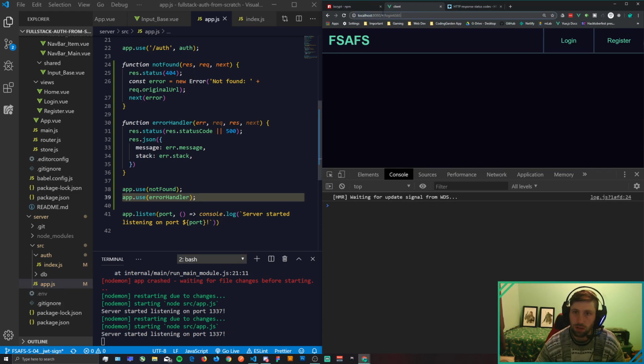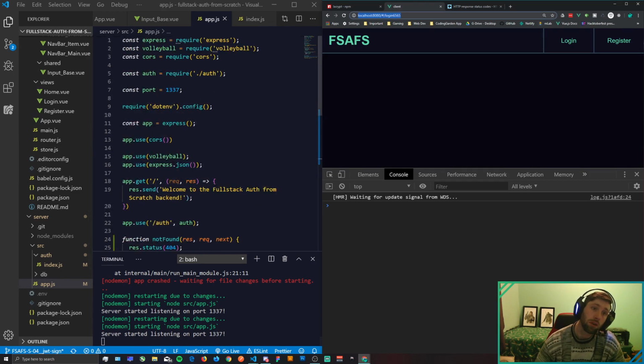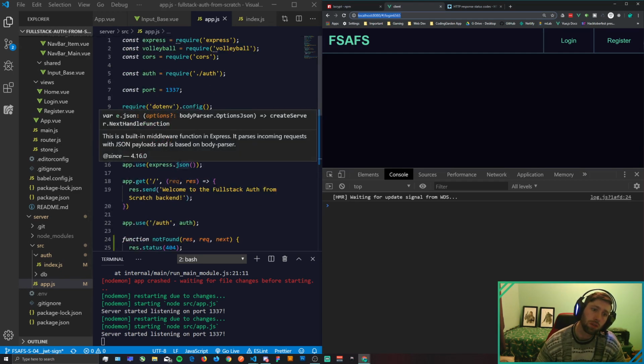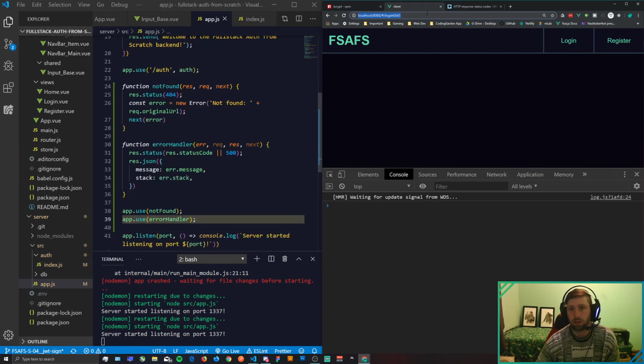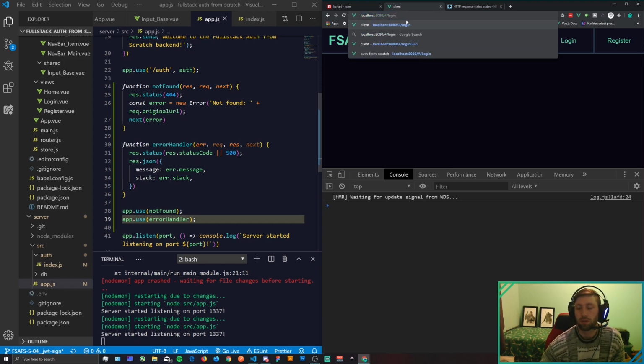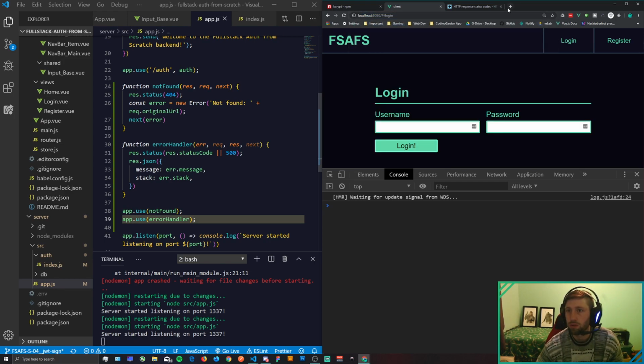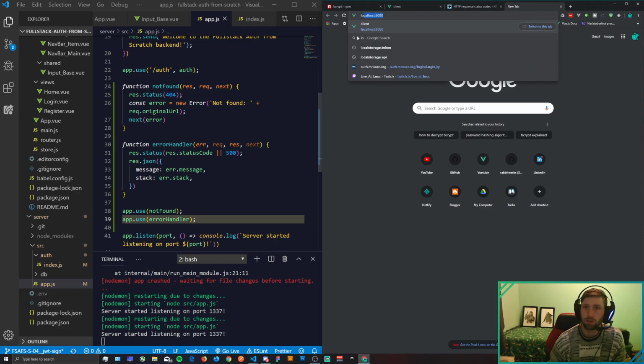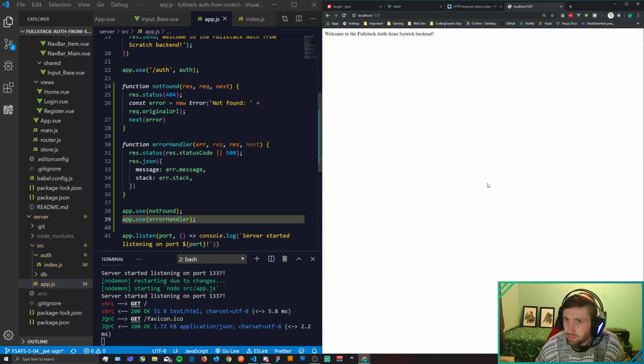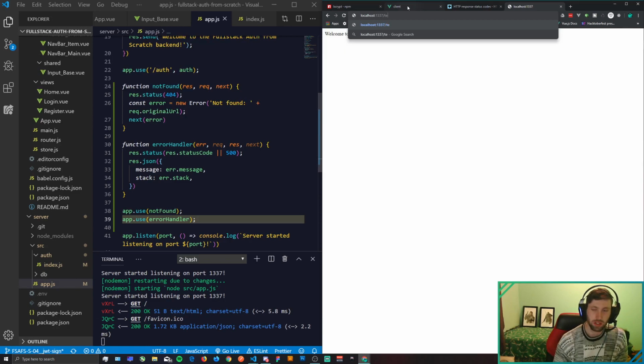We need to be doing this on the backend. Let me pull up the backend really quick. So localhost 3337. Welcome to the auth from scratch backend. Cool. And if we go to test,